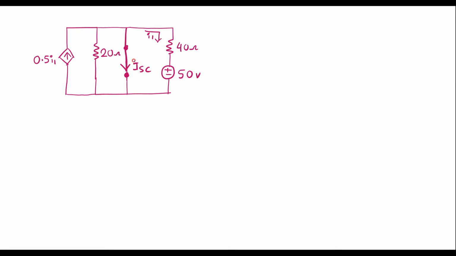Here let me calculate ISC using node analysis. This is the node here. If I consider this node voltage as V, then definitely V will be equal to 0, because this node is directly connected to the reference node. Here the voltage at this node will be 0, so V will be equal to 0. Now let me apply KCL to this node. This is the incoming current, I1 is outgoing, ISC is outgoing. As this path is shorted, no current flows in the 20 ohm resistor. So I can write 0.5 I1 is equal to